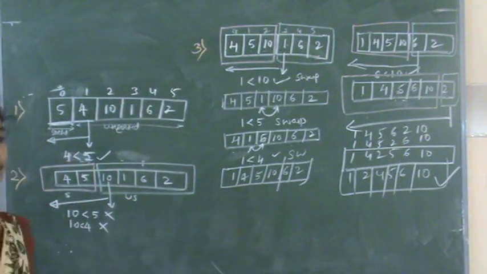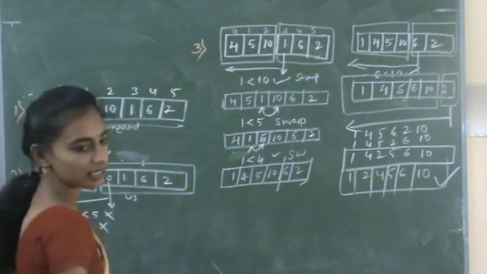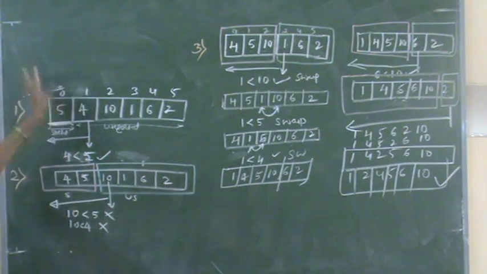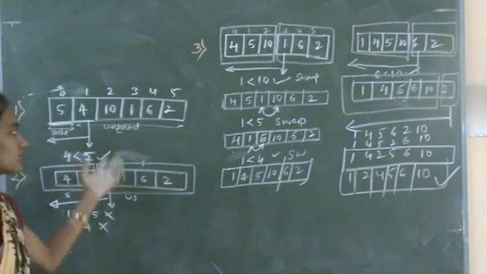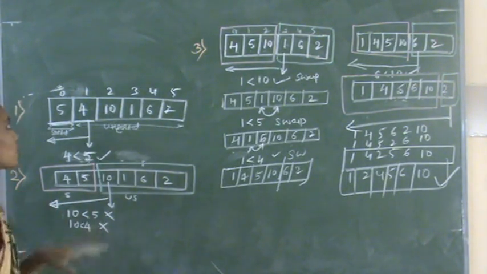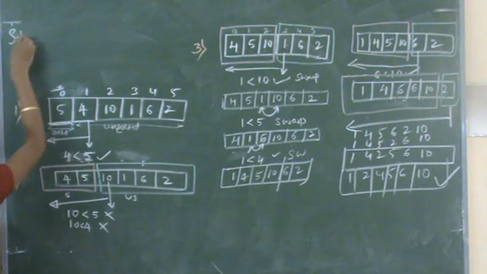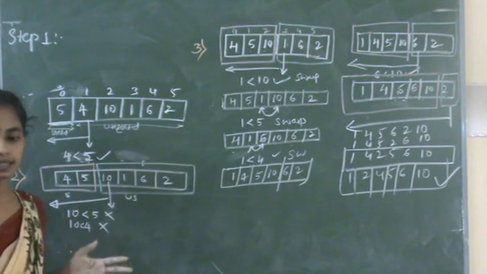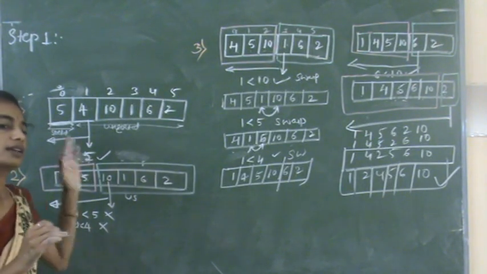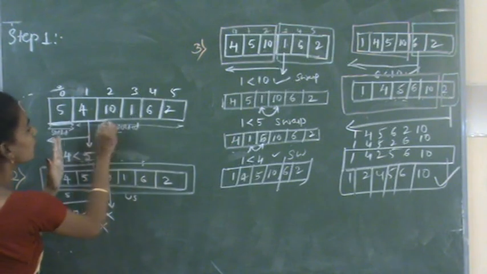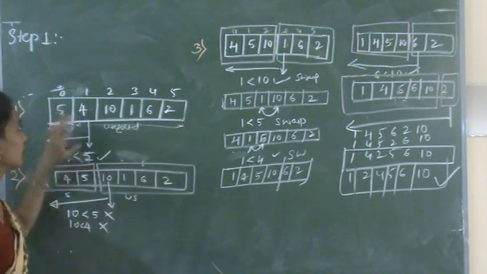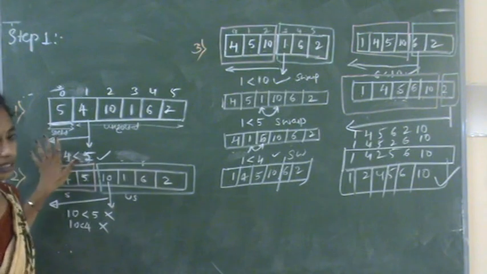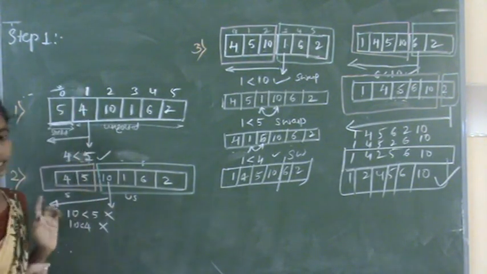So here, let A be the array. Which type of array? Unsorted array with n elements, right? And the following will be processed, which means it will sort the elements. So the first step is we have already assigned the first value to the sorted part. So we are going for the remaining array elements, which means the 0th index is already sorted. So next is index 1.